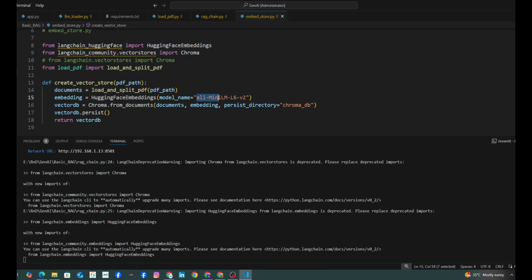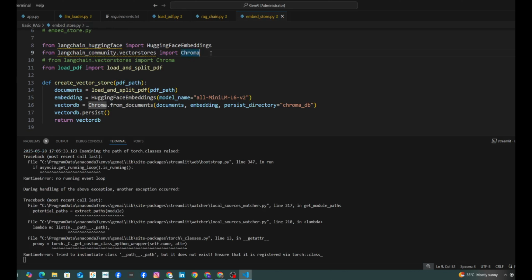The model name is all-MiniLM-L6-v2. So this is the model we are using for embedding creation. Fine. And along with that, we are importing Chroma, meaning ChromaDB, from the vector stores. Right. So 3 lines are enough to set up all the grounds, and then we use this vector db.persist to save our document chunks into our vector store with their embeddings.